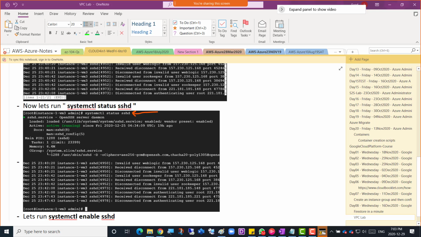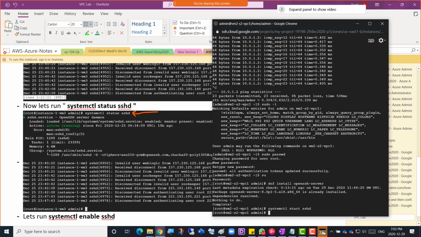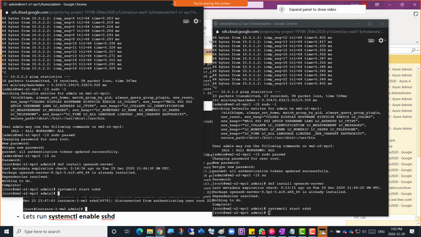So now let's run systemctl status sshd. So it just tells you the status, right? So I'm going to go for the status here for both, and it should just say active and running, right? Otherwise the service may be there, but if it's not running, then